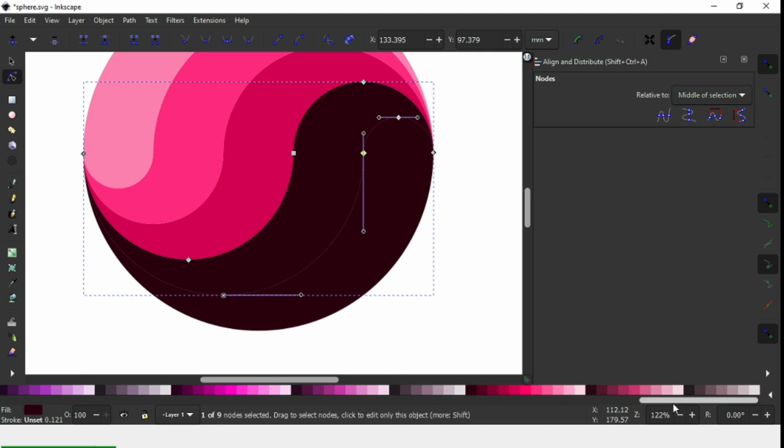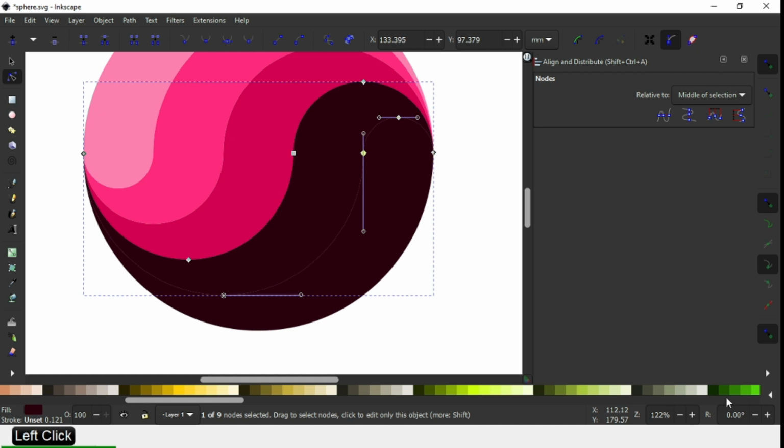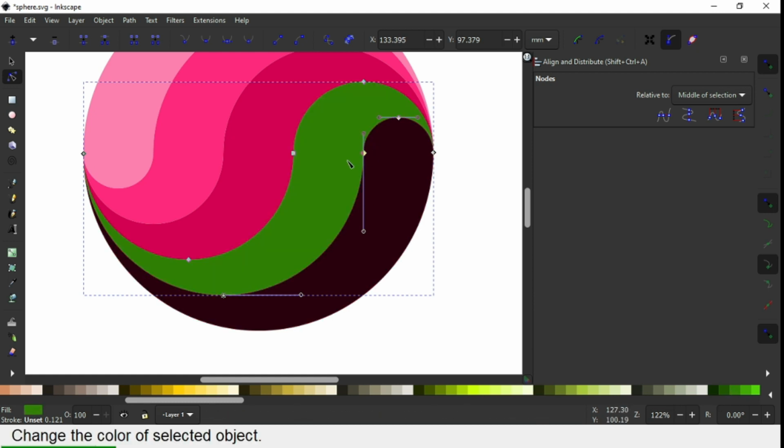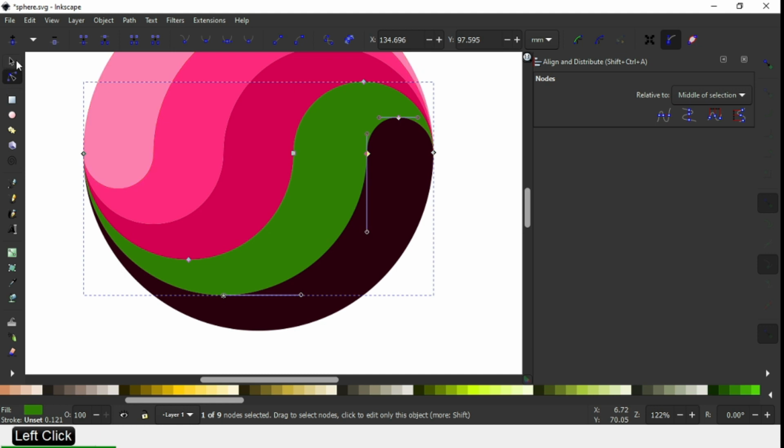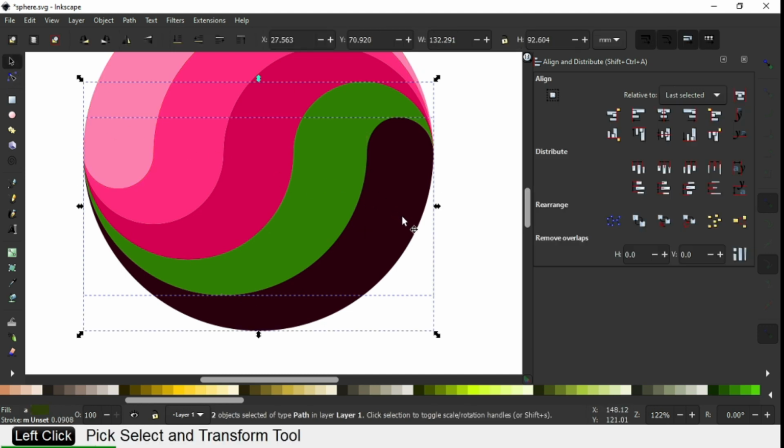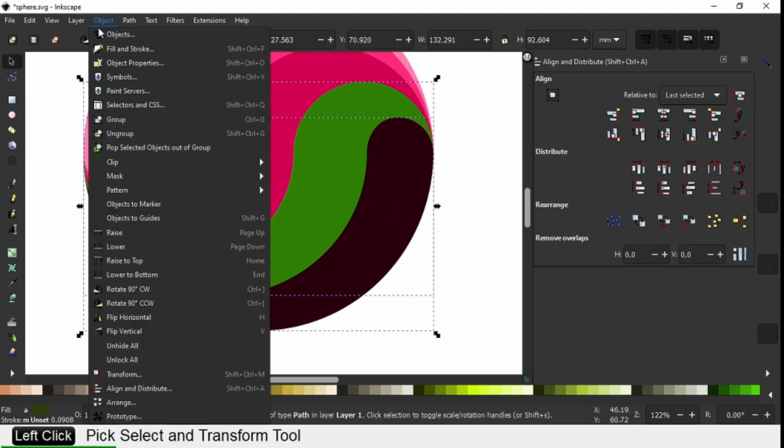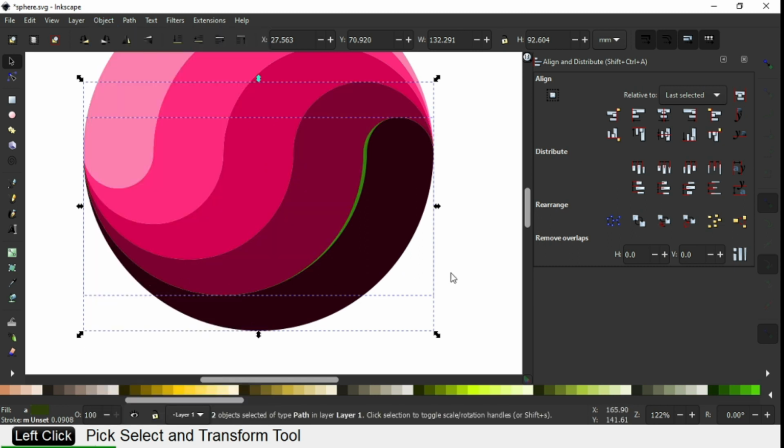I think we should change the color so we can see very easily. Modify the nodes. Click on Lower to Bottom.